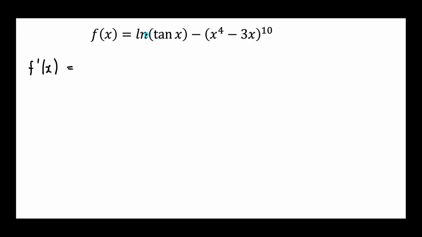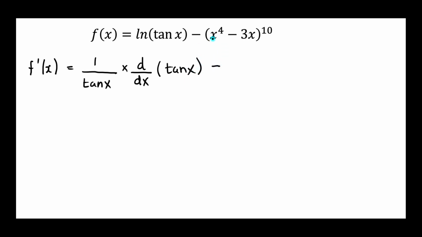So if I differentiate the outer part of the first part, that will give me 1 over tan x, and that will be multiplied by the derivative of the inner part, which is tan x,